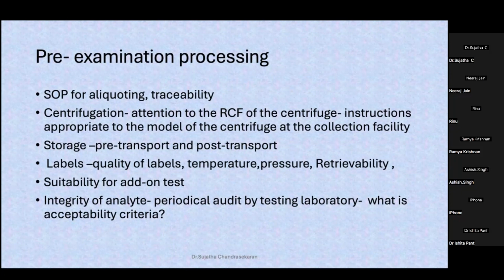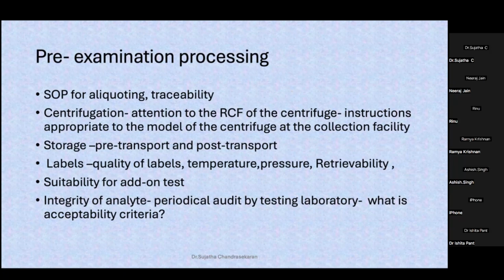Then storage, pre-transport and post-transport storage, the temperature, it has to be monitored. Then generally no SOPs. Labels, quality of labels, as I said, has to be ensured. Then suitability for add-on test. Also, what are the add-on tests that are possible for this particular type of samples has to be clearly mentioned as an SOP and given to the staff. Then integrity